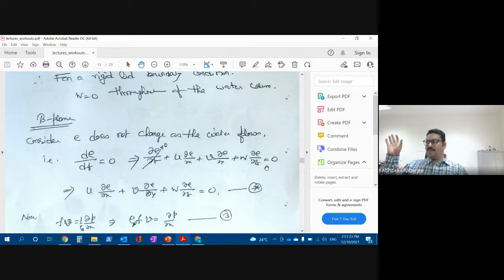Everybody clear, right? With that equation of continuity. So we assume in the first part itself that del rho del t equals 0. This is the part, del rho del t equals 0. We are assuming that with respect to time it is not changing much, because the change in rho with respect to time is very small.